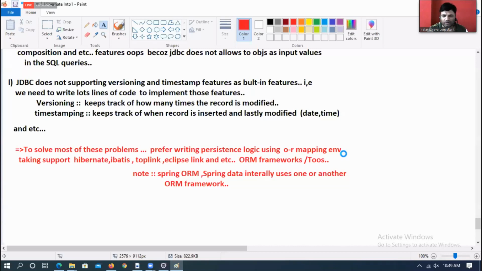I am only going to cover those things. JPA, Java Persistence API. All ORM frameworks are given on top of JPA. Tomorrow you will get clarity. Please let me introduce ORM mapping. Then I will talk about JPA.